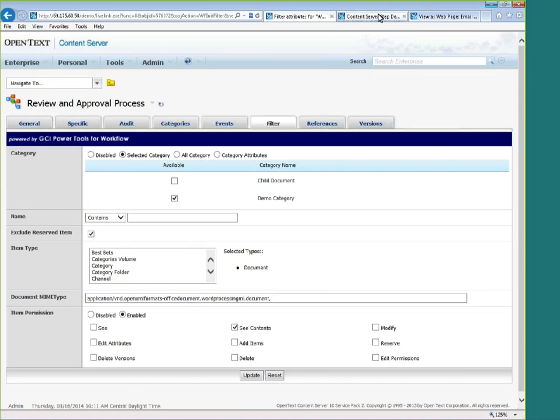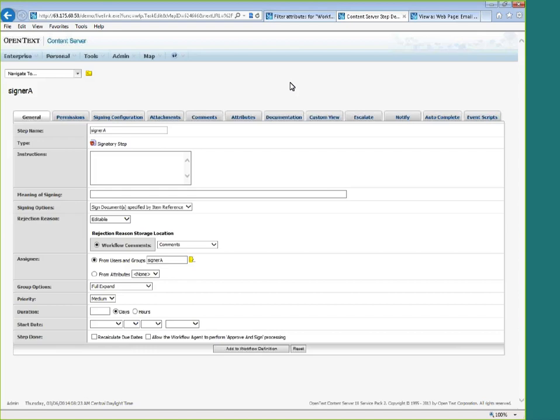Absolutely. This is a signatory step in a workflow. The one thing that users hate is being obligated to do things multiple times for no reason. Their time is valuable. In the case of an expanded group step, where the user rejects the document and the rest of the participants in that group have to finish their work before the workflow can proceed, this becomes especially onerous. Power Tools for Workflow provides a way to remedy that situation.